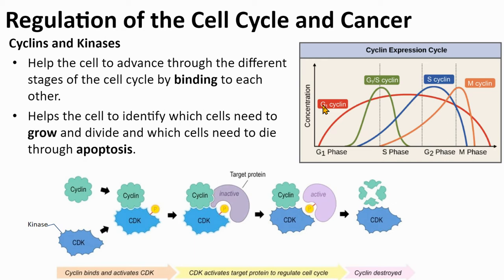So here's the cyclin for G1 that actually is active during the whole cell cycle. Here's G1S cyclin, here's S cyclin, here's M cyclin. So these are all different versions of cyclin here, and this one is just specific to the G1S phase, right? This is the gaps, right? Here's the gap, and here's a gap, and here's a gap. And so they're active during certain parts of the cell cycle. Okay, so